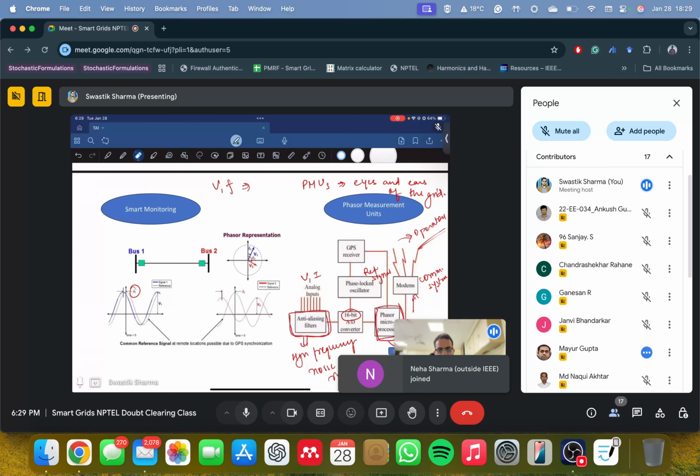Now, when you develop something, you increase its utility in other things as well, right? You want to create a bigger picture. I'll come to that later. It's called wide area situational awareness, where you have a very large geographical spread and you want to keep everything at a centralized location. How will you do that? PMU is the answer. It can be used in many ways, but right now it's only being used to monitor the situation in real time.